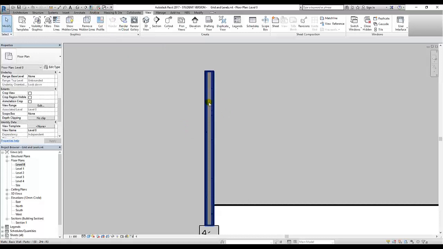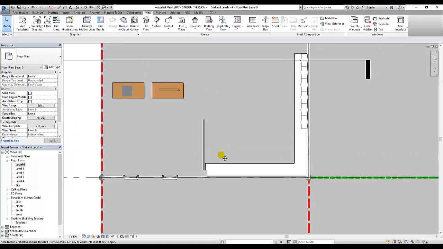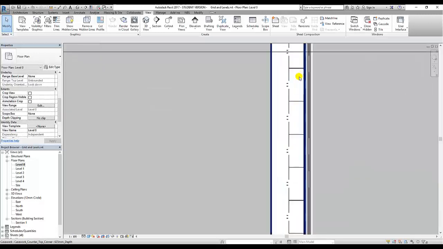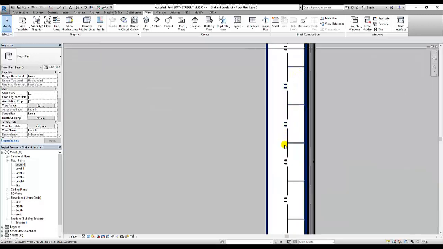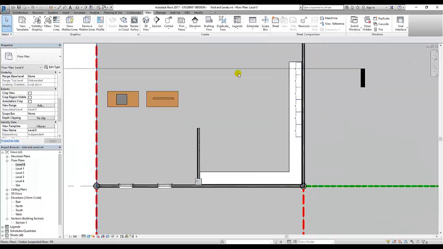This wall is 2 meters, so if I moved my view range up to 2 meters, I would just simply see the top of it, and then the elevation doesn't show these extra lines. Okay, and it doesn't matter where I put my cut through these casement bits, they don't show any more information than simply this. Okay, they're all kind of indicative, but just to prove that, if I did set my view range up to 2 meters,